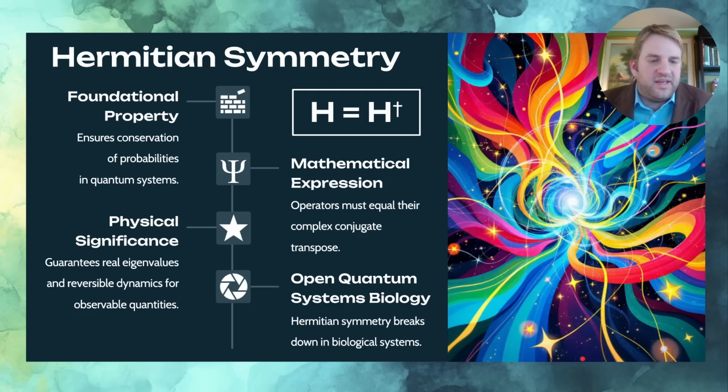If I lock something in a safe, if I lock $1,000 in a safe, when I come back, all $1,000 should be there with 100% probability unless I was robbed, right? Now, the mathematical expression for this Hermitian symmetry takes a unique form. If we have a Hermitian operator capital H, then we say it's equal to its Hermitian conjugate, which is shown as superscript dagger attached to the letter.